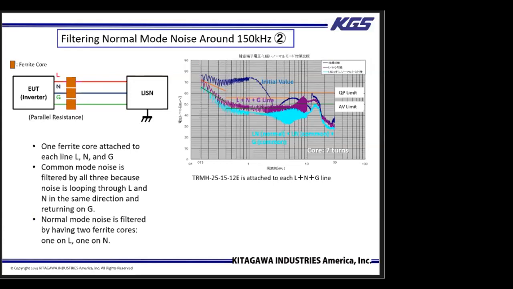The light blue is the result from our normal mode experiment, and the purple is from this simple attachment method. In general, the suppression level is not as good. The reasons could be that there is common mode noise in both L and N in the same direction. The number of turns is essentially reduced by half. Due to the lower impedance, the suppression may be less. In order to have the same level of suppression of normal mode as the light blue result, adding turns around the ferrite may help. In the event a ferrite cannot be attached to the ground, the ferrite on the L end should have more turns.